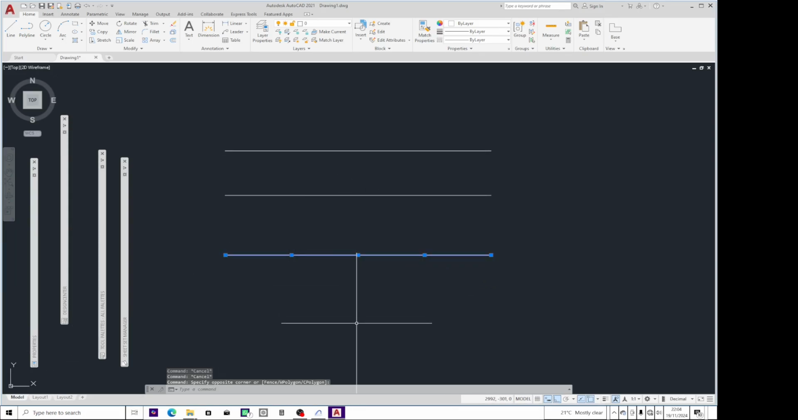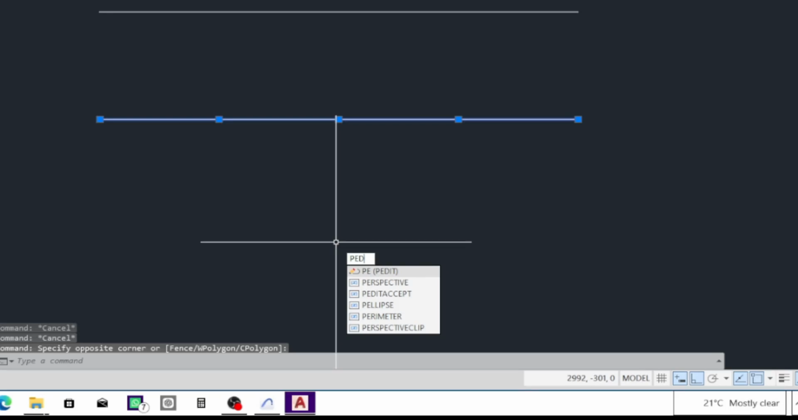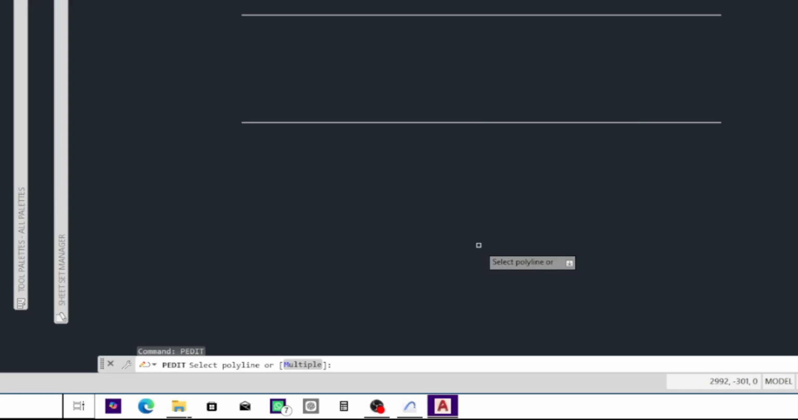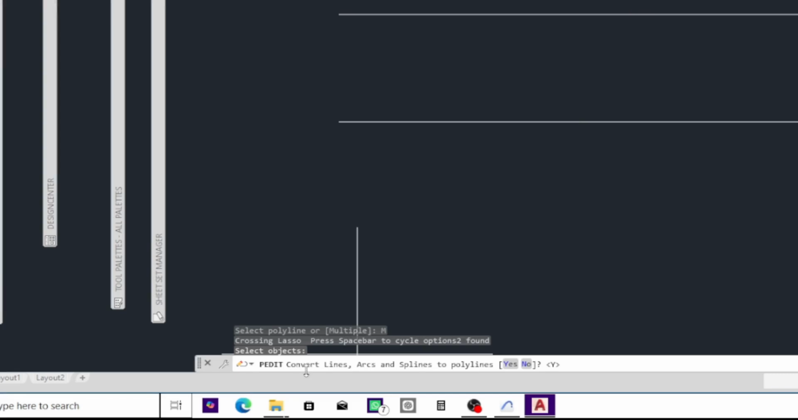So select those lines and write PEDIT like that. Press enter and select multiple. It will tell you select objects, select them, press enter. It will tell you whatever story it is, say yes,